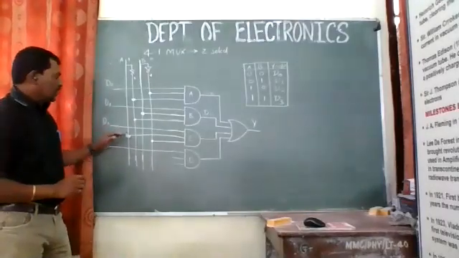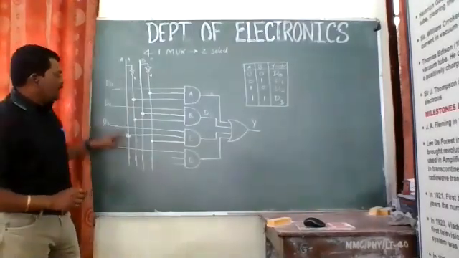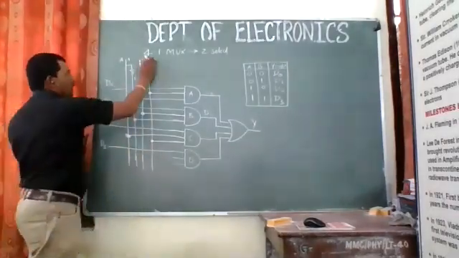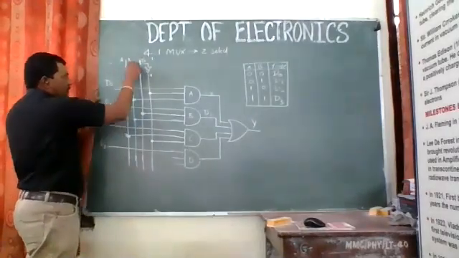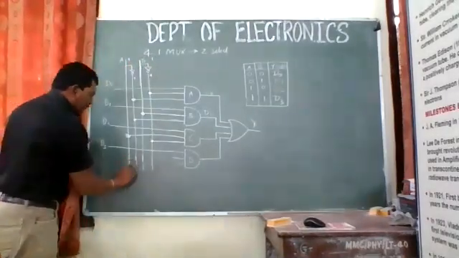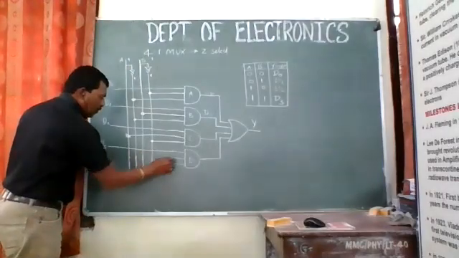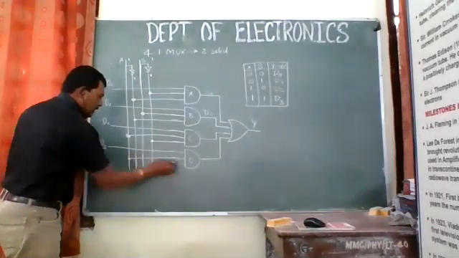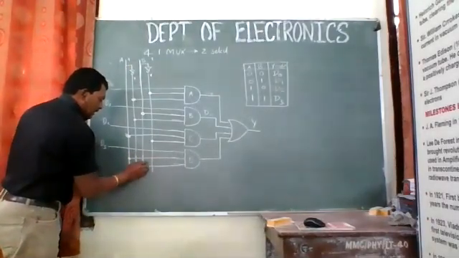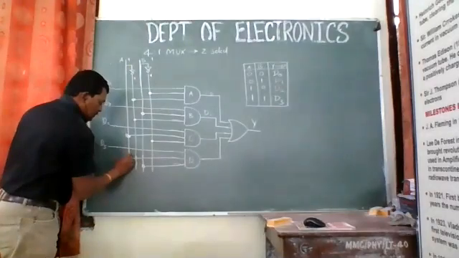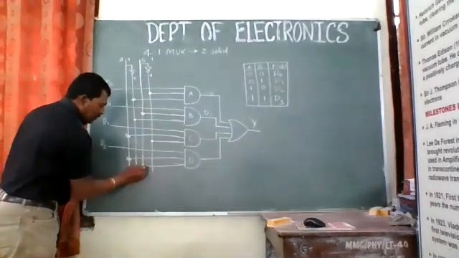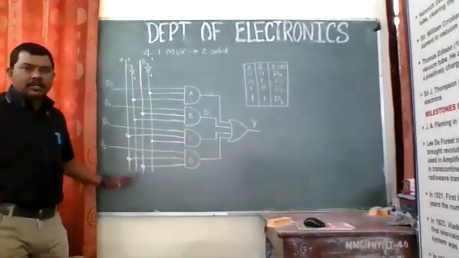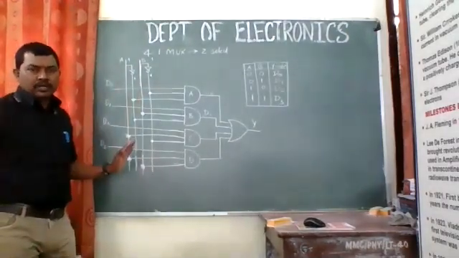So I need to show all those things. The first is A directly and B inverted. Last, when both are 1, the direct terminals which are not being inverted are to be connected to gate D, so that the fourth output should come across. So this is directly connected and this is also directly connected, right? Wherever we are making this type of a dot, those particular wires are being connected. Other wires are not supposed to be connected.